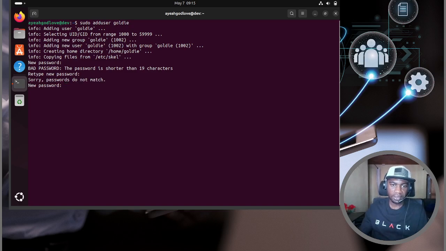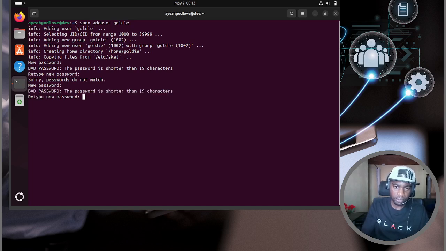Same thing. I have the same problem. So just to continue with that, let me try another one. You see, it's shorter. It's still shorter. So let me get the password that it's